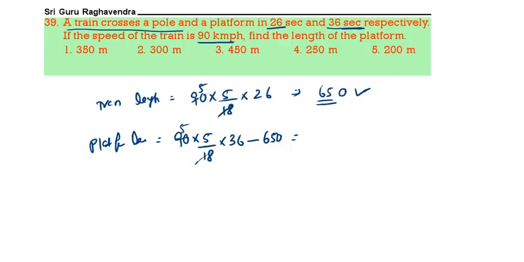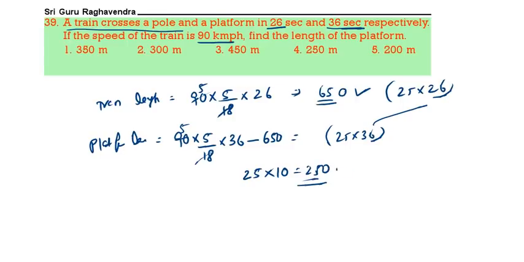So see here, this is 25 into 26, and this is 25 into 36. If you do 25 into (36 minus 26), that is 10, so it is equal to 250. 250 is the correct answer, option 4. Next. If Golu was 1/3 of his mother's age 10 years ago and becomes half of the age of the mother after 5 years,